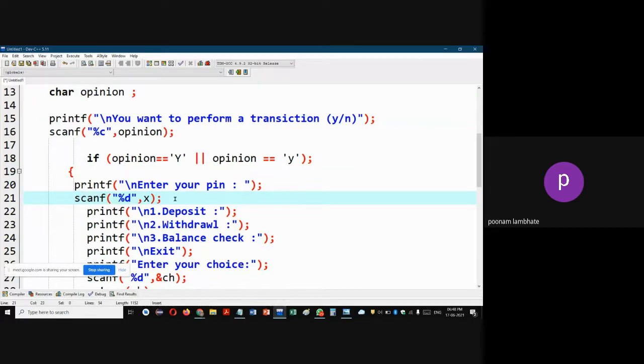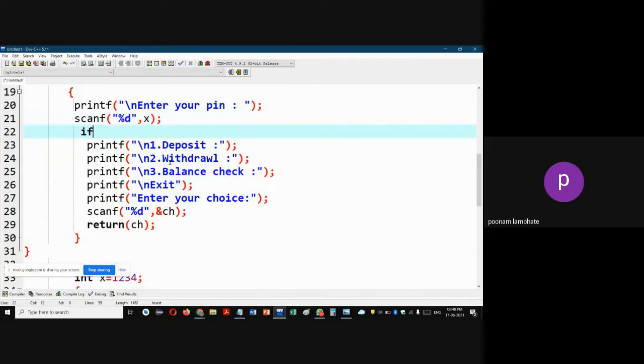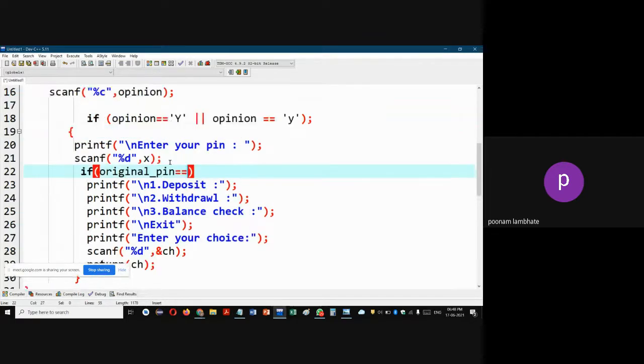If the original pin is equal to the user entered pin, only then he is a valid user. Otherwise, he is not a valid user and you have to end the services. So since x is your user entered pin, in your inner if you have to compare original pin double equal to x, because you want to compare the left hand side with the right hand side. The left hand side is original pin, the right hand side is x. If the original pin and the user entered pin are the same, then you have to